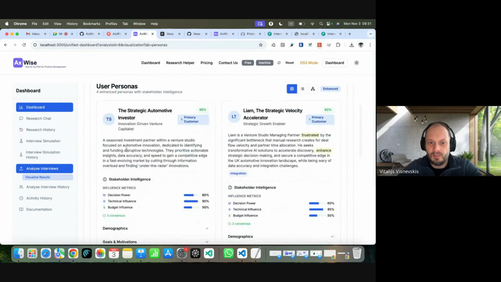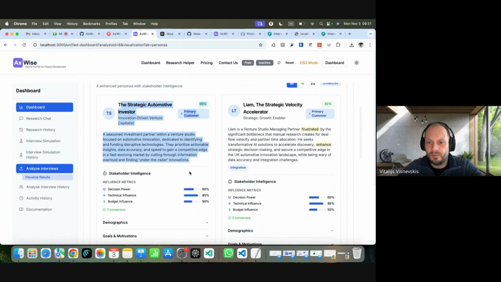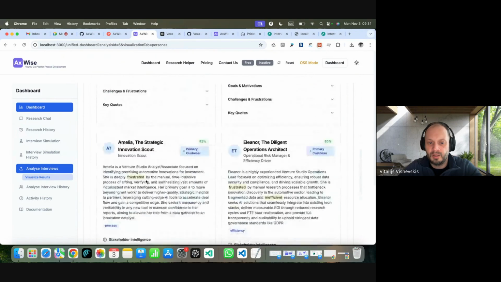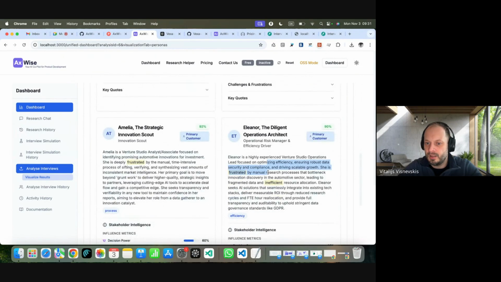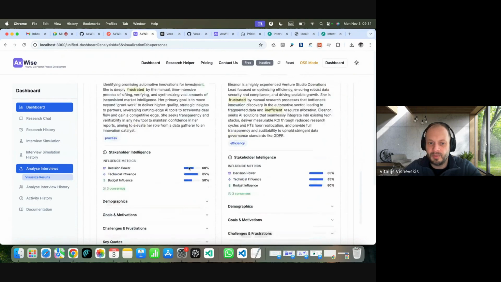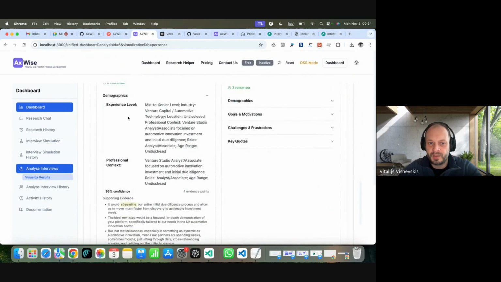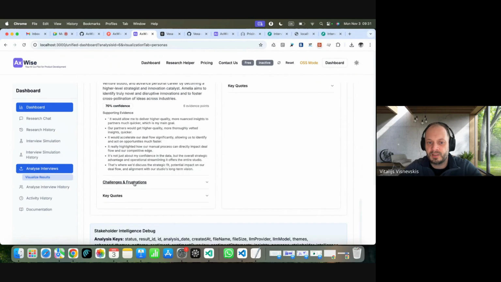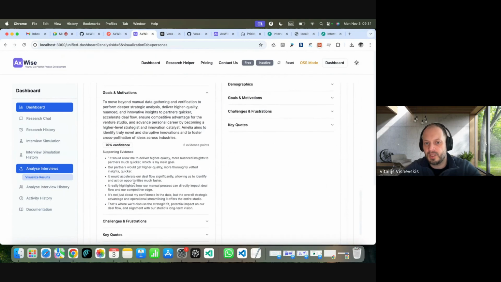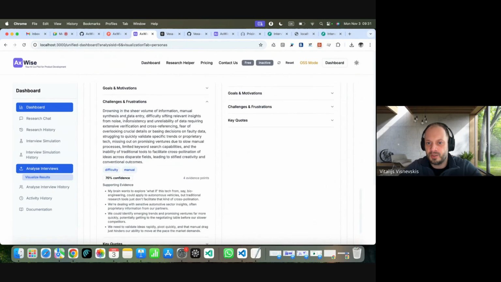So here are a few personas it identified: investment partner, venture studio managing partner, analyst, and operations, as it was clustered before. What was more interesting is the demographics, the context they're operating in, and the supporting evidence. Here it starts to become more about understanding your users, moving beyond manual data gathering, challenges and frustrations, and so on.